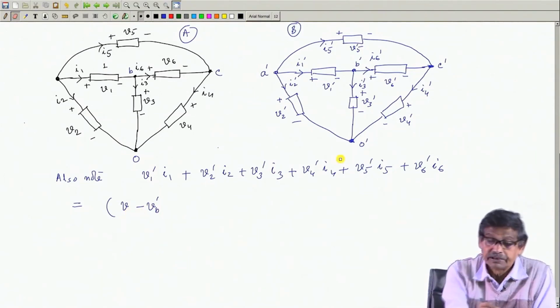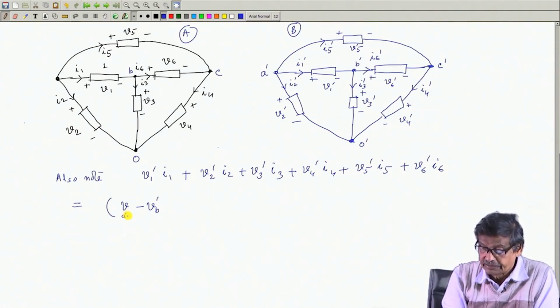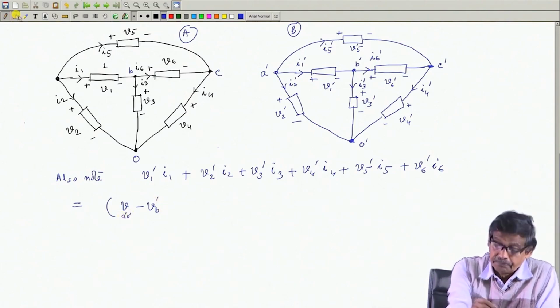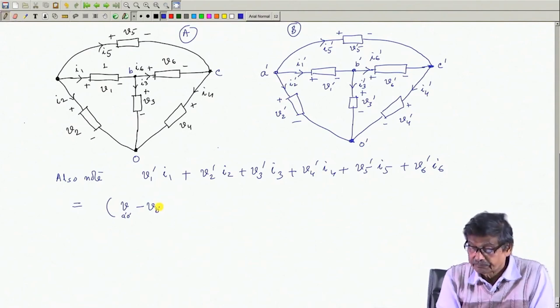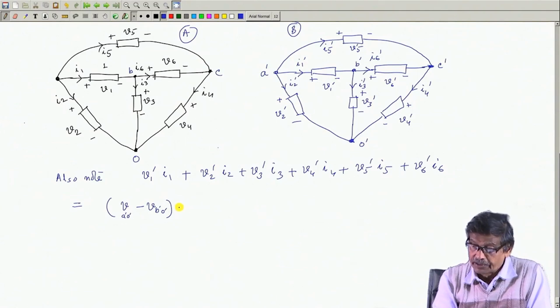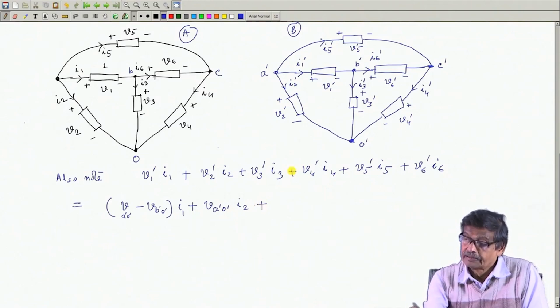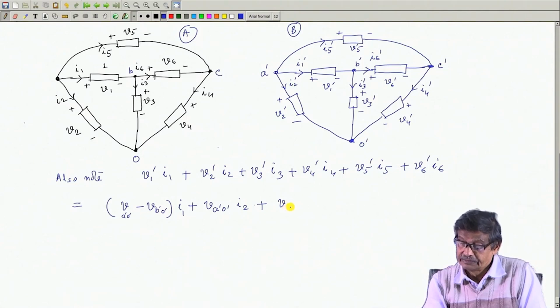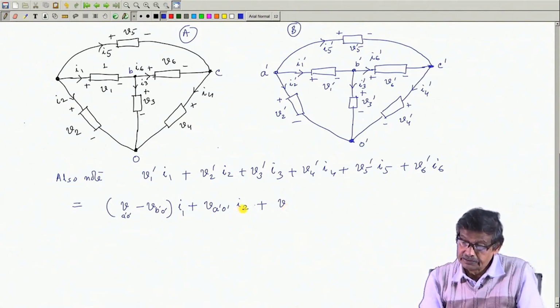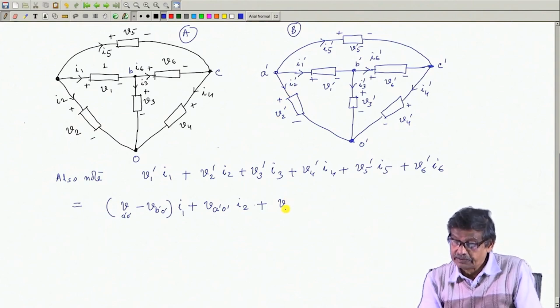V A dashed 0 dashed, minus V B dashed 0 dashed, into I1, plus V2 dashed, which is V A dashed 0 dashed, into I2, plus element 3, V B dashed 0 dashed into I3, plus